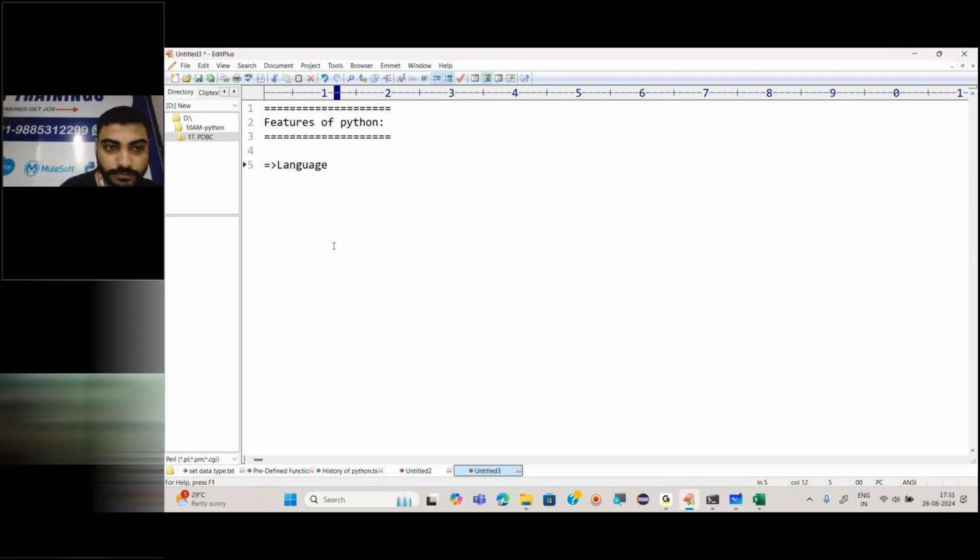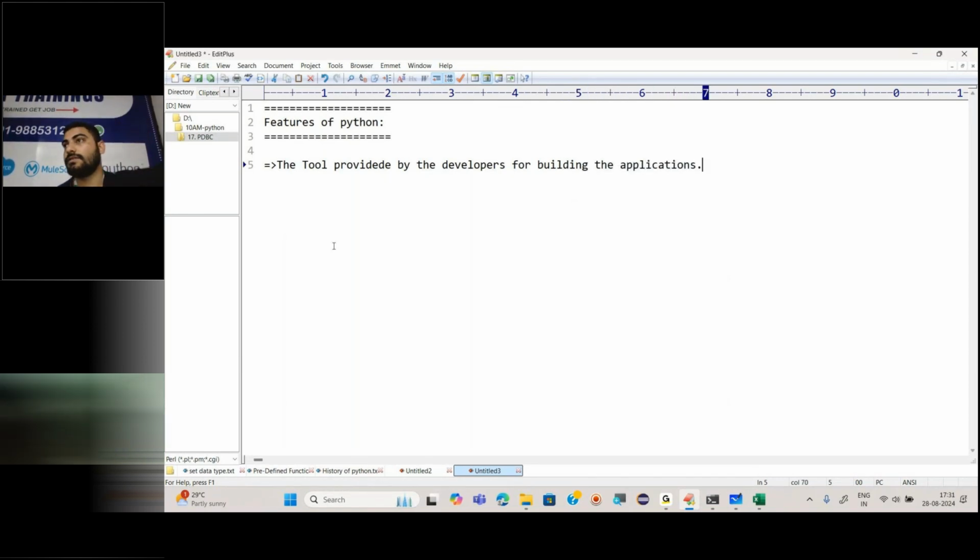In a language, I would say, a feature is a tool provided by the developers for building applications, or I would say real time applications.